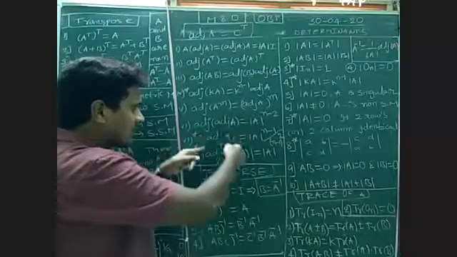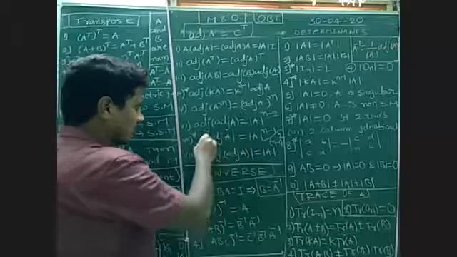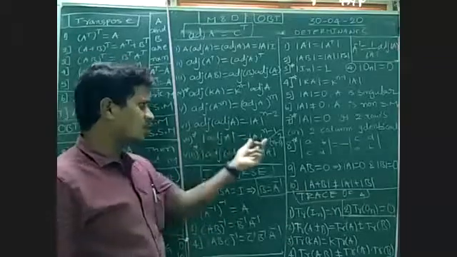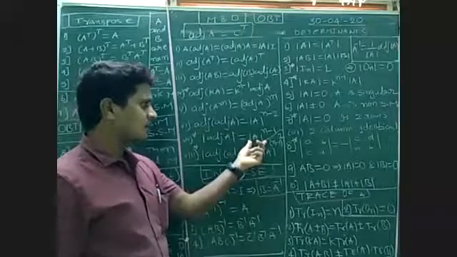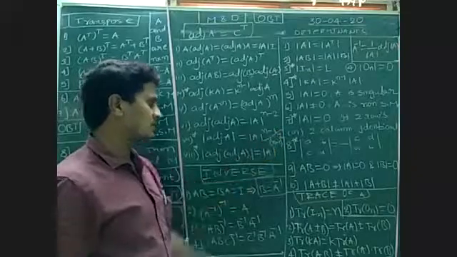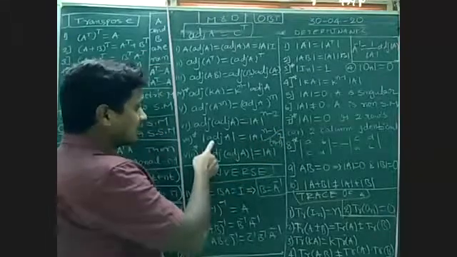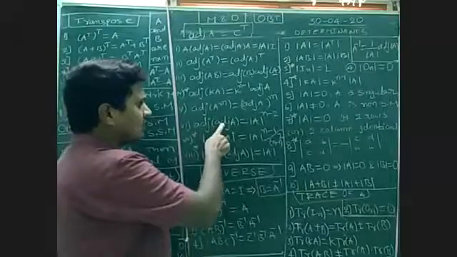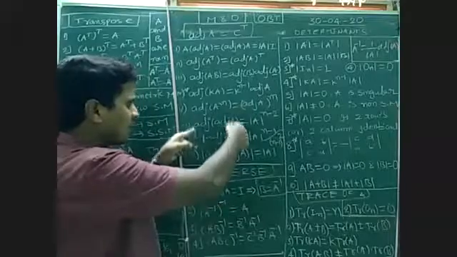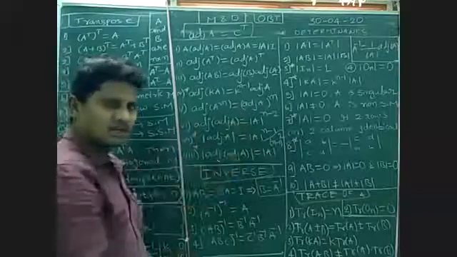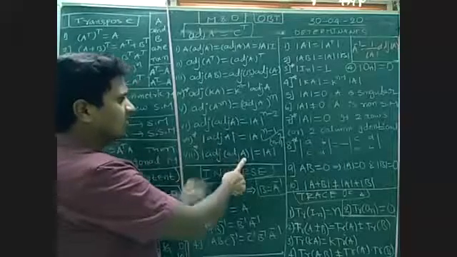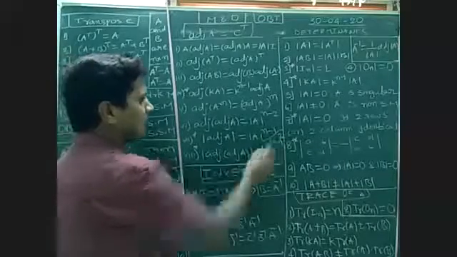But determinant of adjoint of A, this symbol will denote the det. Det of adjoint of A formula again: det A whole power n minus 1. Okay. And see, this is adjoint of A. Whereas what is the determinant of this adjoint of A again, with a determinant? Very simple. Here n minus 1 whole square.